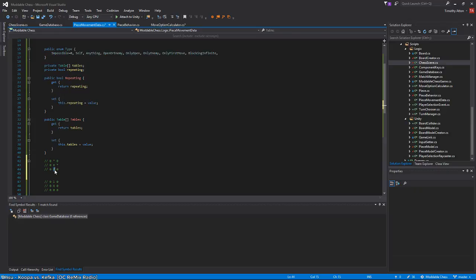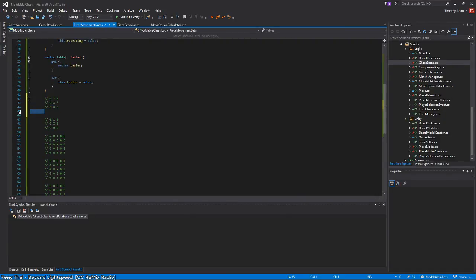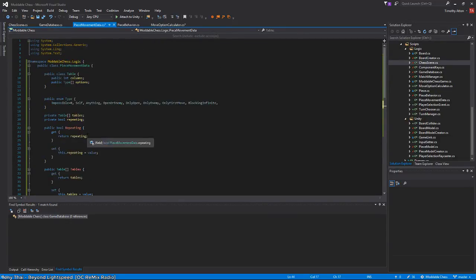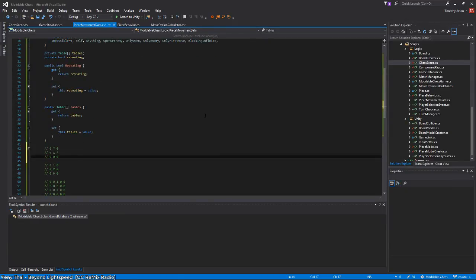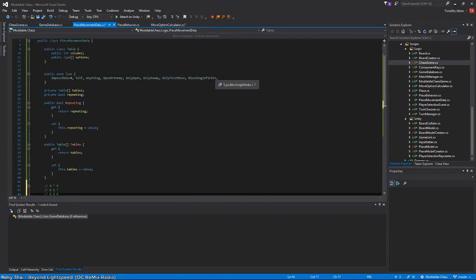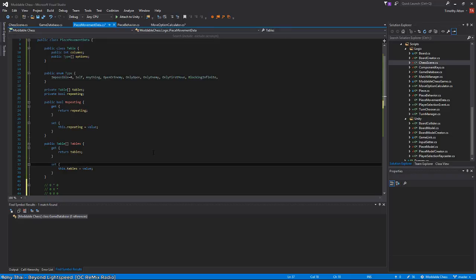Another option we have is just to not even have this blocking infinite thing. And well, I think we still need the blocking behavior, but not the infinite part, because the modders who create the pieces would maybe already know the size of the board. I'm not sure what would be easier. Or, actually, an even easier way to do it